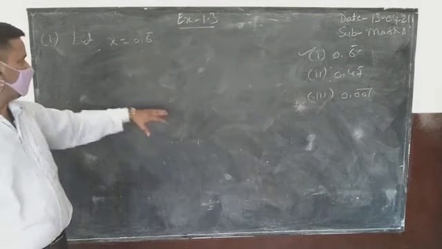Same process here: when you multiply the 7 bar, one 7 will be transferred. What is the meaning of 7 bar? 7, 7, 7, and so on, many 7s here. So when you multiply by 10, only one 7 is transferred to the left side. And this 4 is converted into 47, with the 7 bar again.